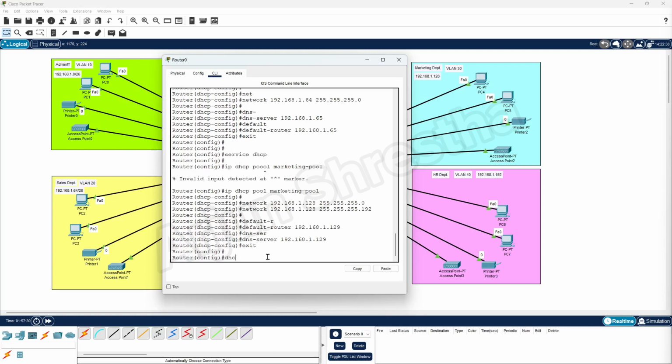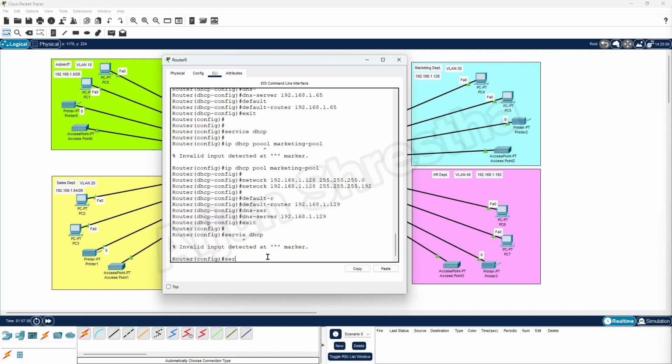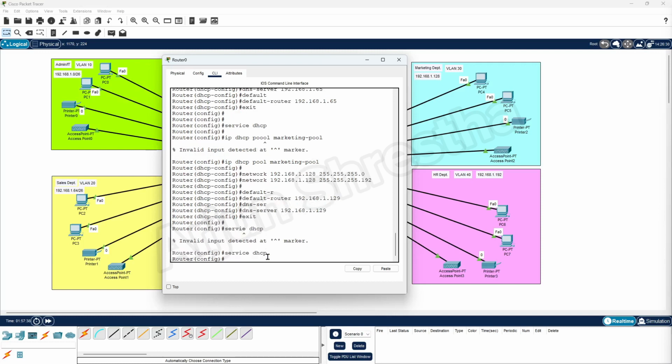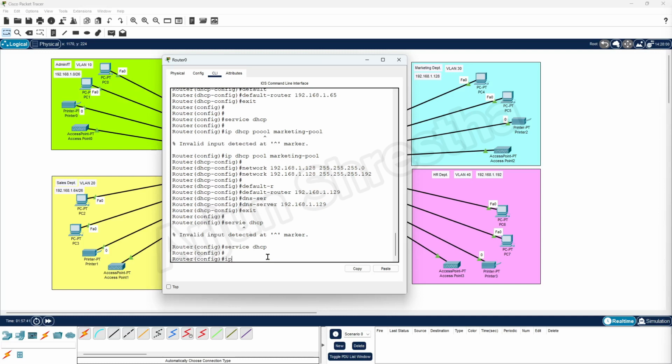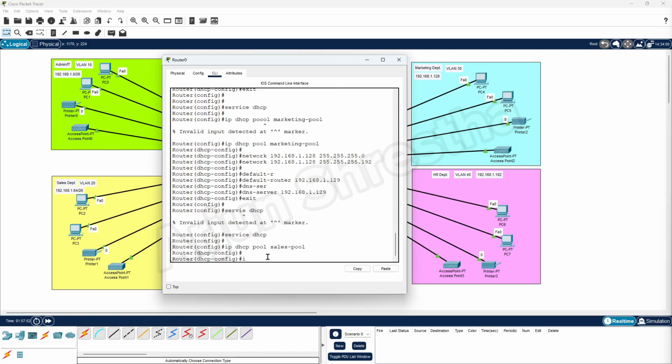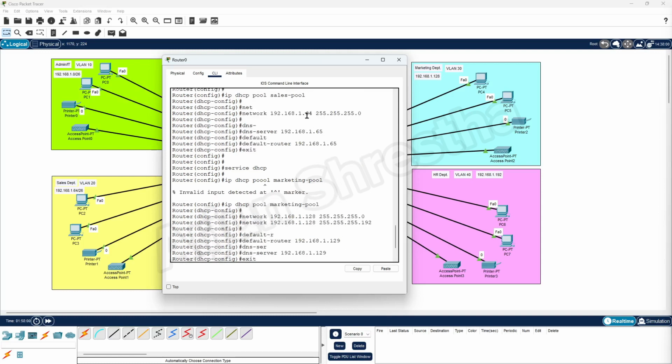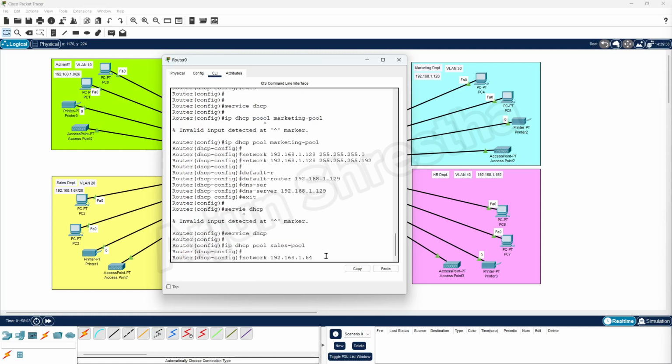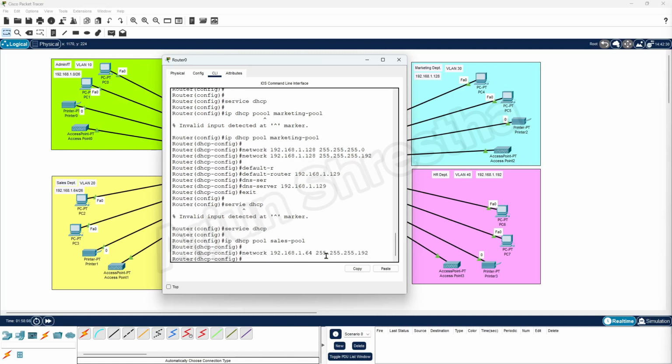Again, service DHCP, and IP DHCP pool, sales pool, right? And network 192.168.1.64. This one I'm working on again. Okay, 64, 255.255.255.192, enter, and